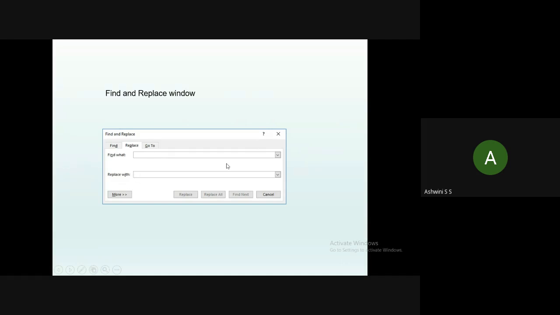What word you need to replace it with goes in another text box. Then you need to perform some action: click on replace, replace all, or find next, or in the worst case click on the cancel button. So this is one more example of a dialog box. A dialog box is also a type of secondary window.